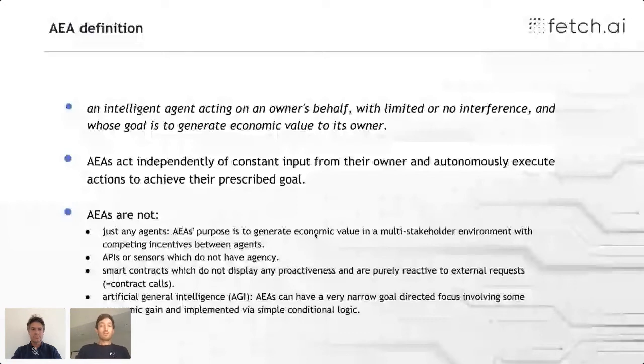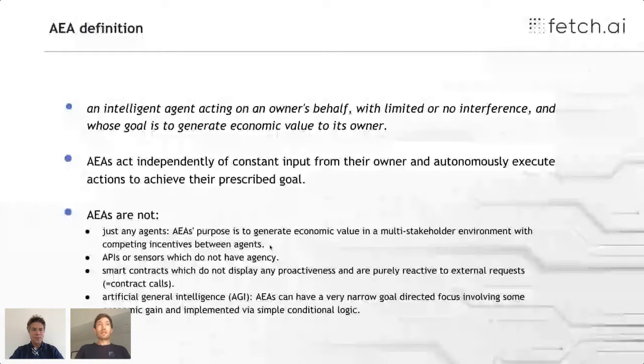So it's important, therefore, to understand that what we mean by AAs is not just any agent. Particularly, we have built software which is meant to be deployed in a multi-stakeholder environment where there are competing incentives between the agents. So the agents are owned by different economic entities, and they pursue their own individual goals. There's no centralized entity which coordinates all the agents. That's very key to understand and underlies the whole design of the framework. It's also what sets it apart from multi-agent systems, and I'm happy to discuss this in the follow-on.